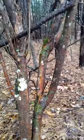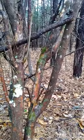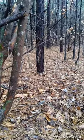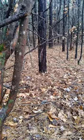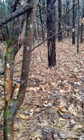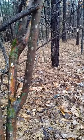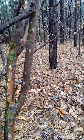And this area here just happens to be blessed with one of these little bushes every 20 feet or so. So there's no shortage of them here where I'm at. And you find some kind of bush like this, or a small tree that's got real straight limbs that you can cut some of the limbs off of. And I know a lot of people will think I'm silly by saying this, but